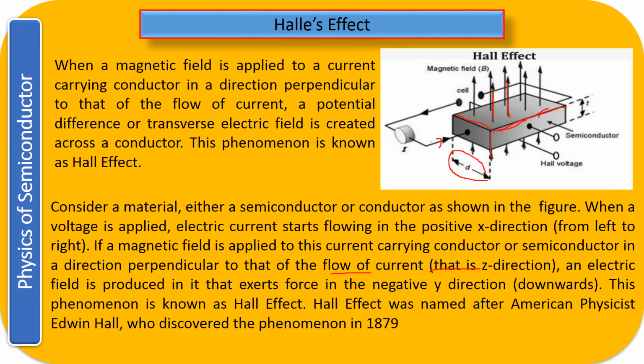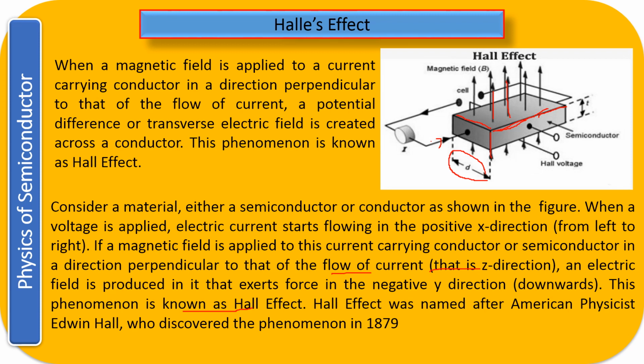This phenomenon is known as the Hall effect. So what I have written here, I have changed slightly. I'm saying that along the third direction an electric field is getting created. So naturally, if the electric field is getting created, then the electric field is going to develop a voltage, and that voltage is called your Hall voltage, right? So this phenomenon is called your Hall effect.